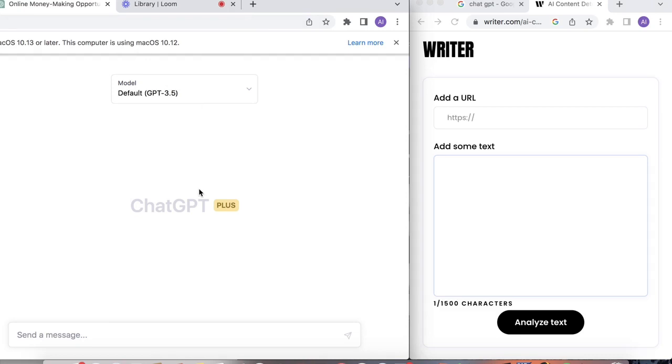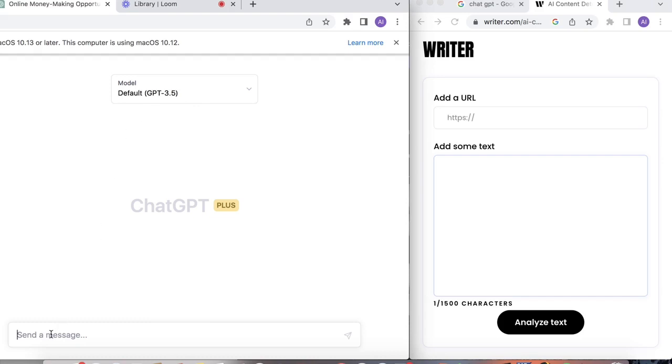Big platforms like Google, for example, don't like AI blogs or articles. They don't rank on SEO, they don't rank on Google. So you have to avoid just copying and pasting articles from ChatGPT to your blog. I'm going to show you how to avoid that with ChatGPT itself. You don't have to go to another platform, you don't have to buy anything, you don't have to pay anything else. You just have to write the proper prompts in ChatGPT to avoid this.